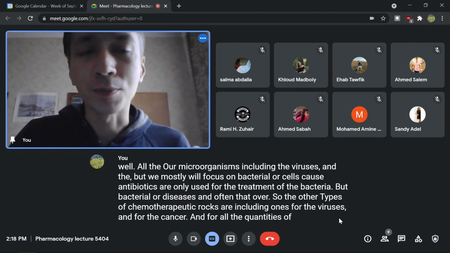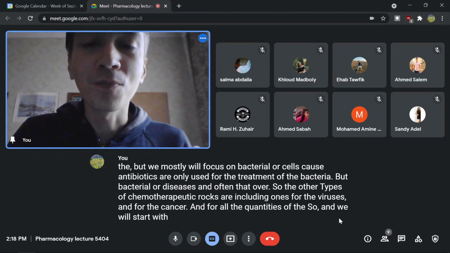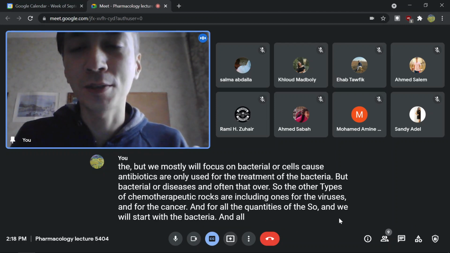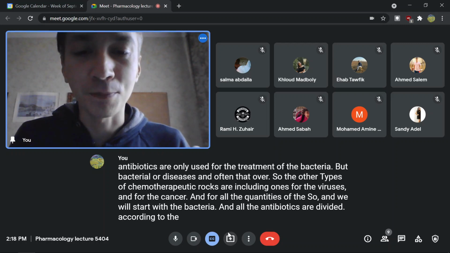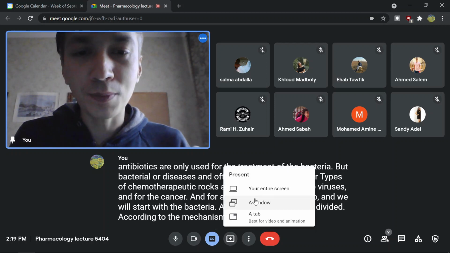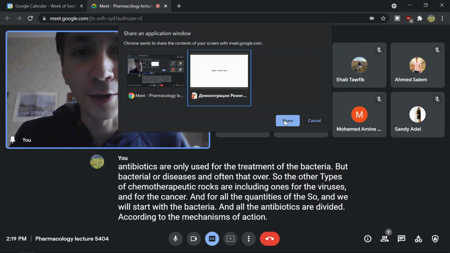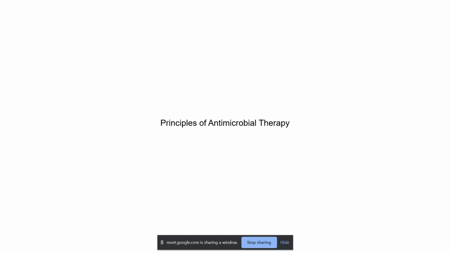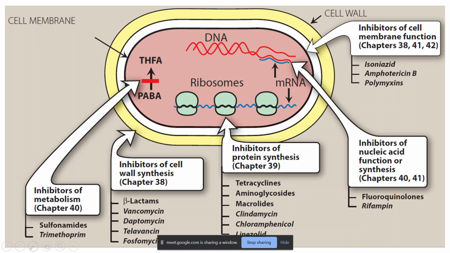So we will start with the bacteria, and all the antibiotics are divided according to their mechanism of action, and there are 4 mechanisms of action for the bacteria. So this is a cell of the bacteria, and